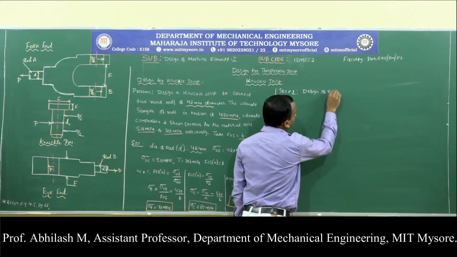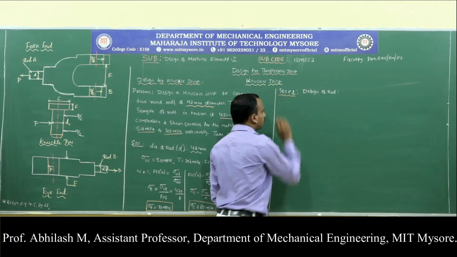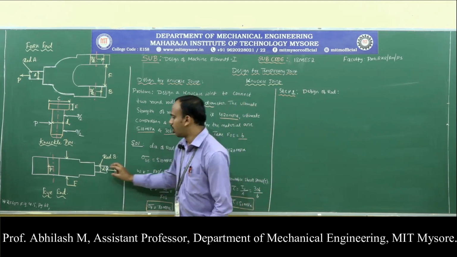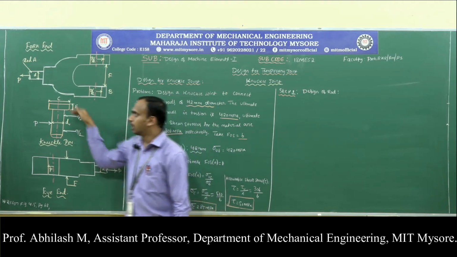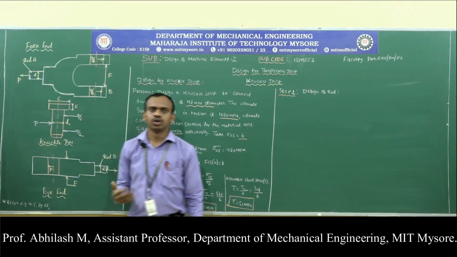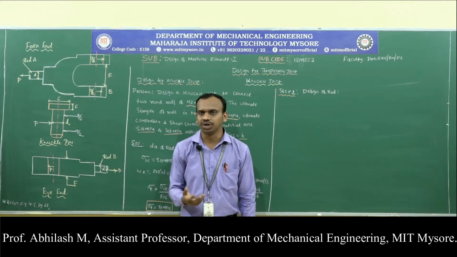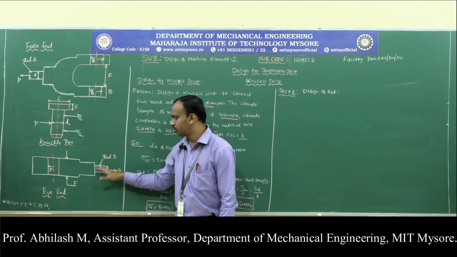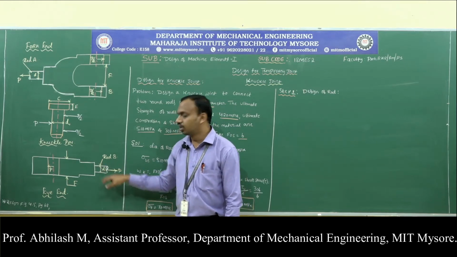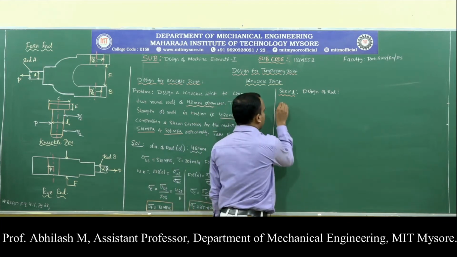Design of rod. So in step 1, I know that this rod is subjected to what type of force? It is subjected to tensile forces, is it not? So what is the equation I can make use of? I can make use of the strength equation for the rod. Even if you consider the failure of this particular rod, it will be a solid structure itself, is it not? So the strength of the rod,